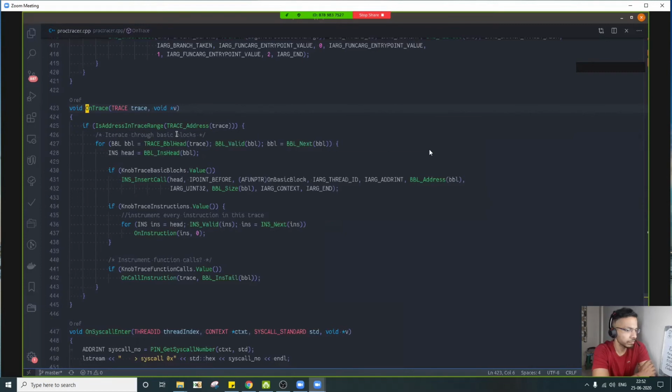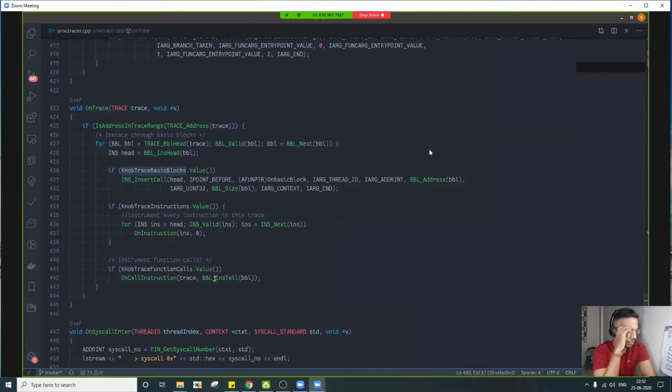This function tells us if we want to have this trace analyzed. Then we iterate through each basic block within this trace, and if we want to dump the basic blocks and the context, then we can instrument this basic block call. Otherwise, we iterate through every instruction within this basic block and add instrumentation on every instruction within that particular basic block.